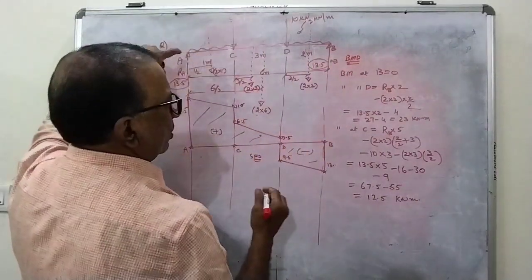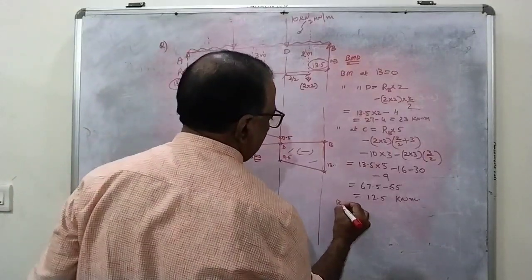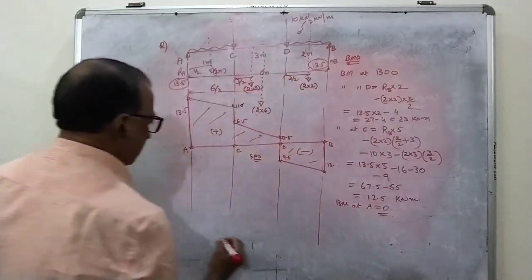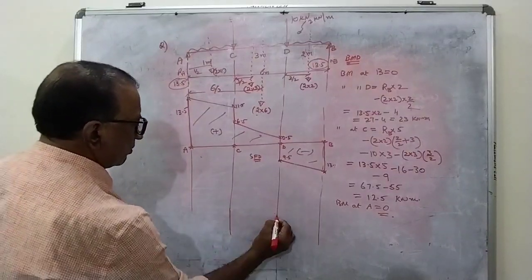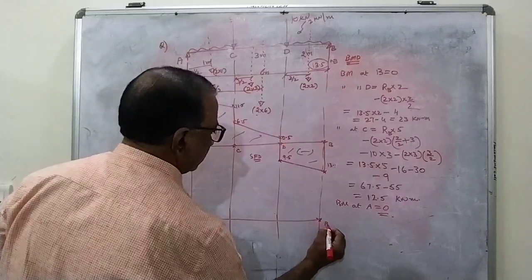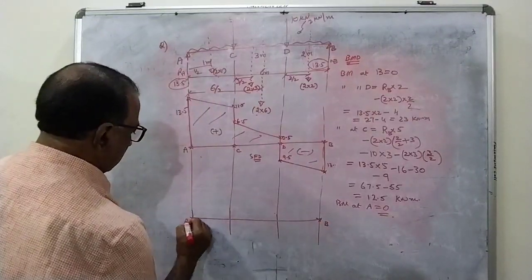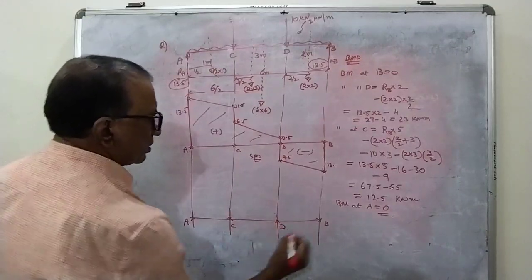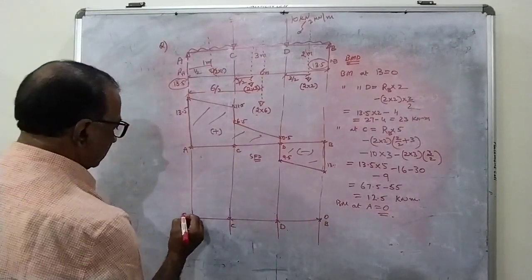And as you know, the bending moment at A is 0. Now, if I draw the diagram, this is B, this is A, this is C, and this is D. So at B it is 0, at A it is 0,